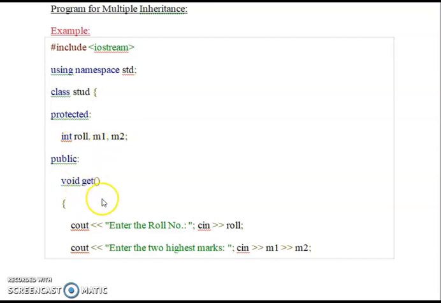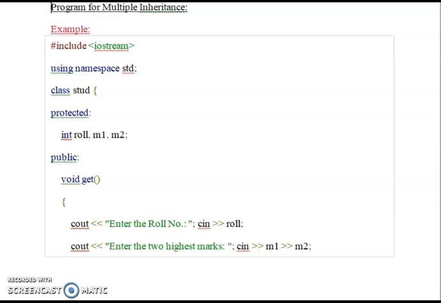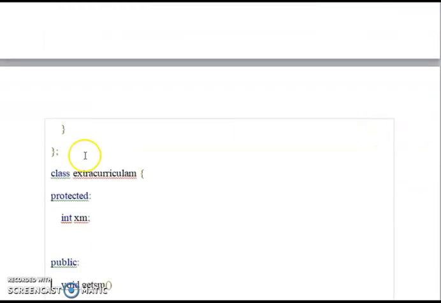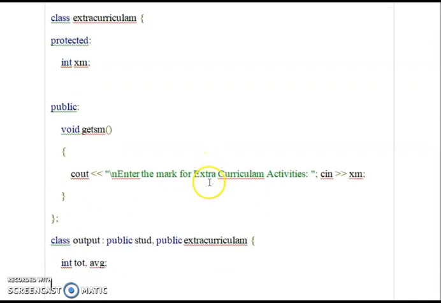We get a void get function to enter the roll number and enter the two highest marks with cin, and close the class. After that, class extracurricular has a protected int xm, and we give a void get function to enter the extracurricular activity marks with cin. And class output will be public student, public extracurricular.